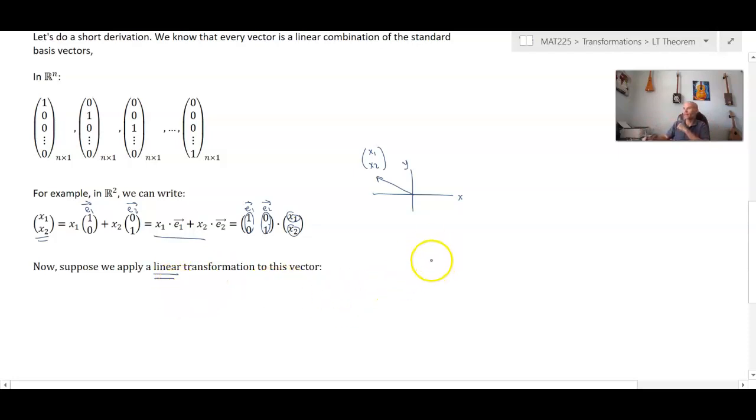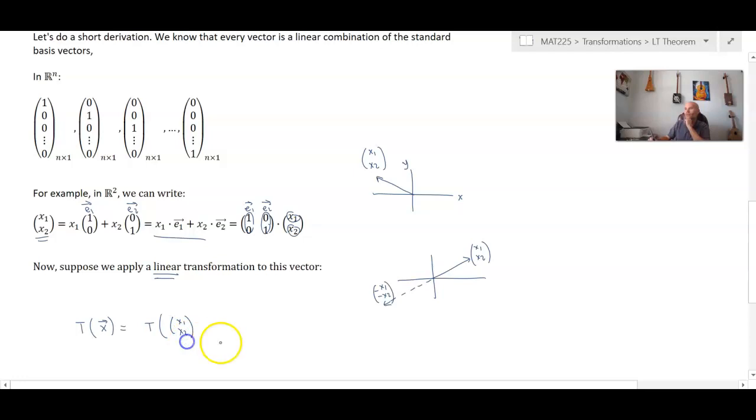In other words, let's say that I have a vector, and what I want to do is perhaps negate both of the components. So I just want a vector that will get transformed, kind of rotated 180 degrees, and it will become negative x1, negative x2. Now, assuming that that's a linear transformation, if I want to transform the vector x, I can express the vector x as having the components